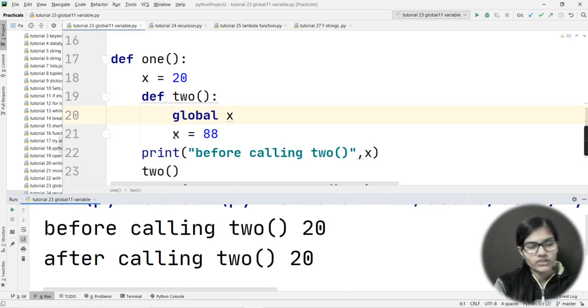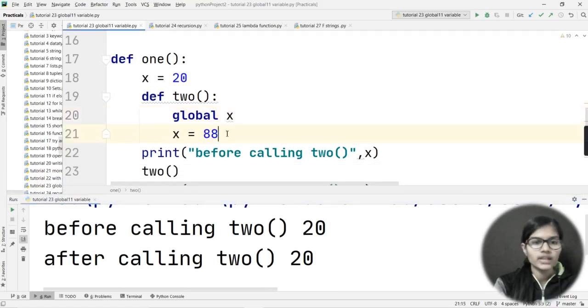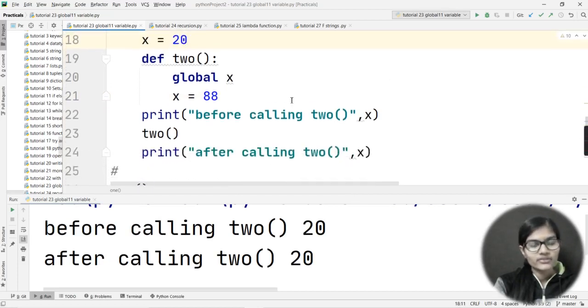But here in my two function I simply mentioned the value for x is 88, and in my one function I mentioned the value of x is 20. But why am I getting the value as 20 before calling two and after calling two? Why am I getting this? Okay, if you have heard the lecture from the start, you must have got the answer, because